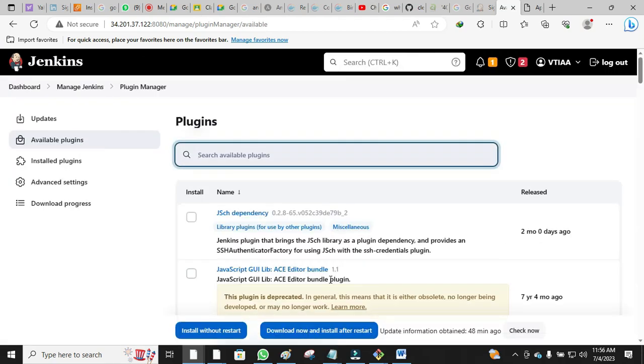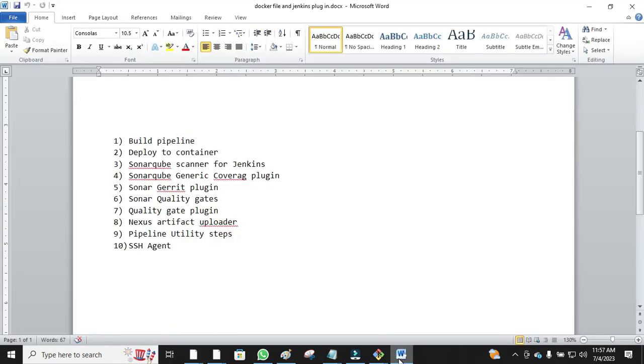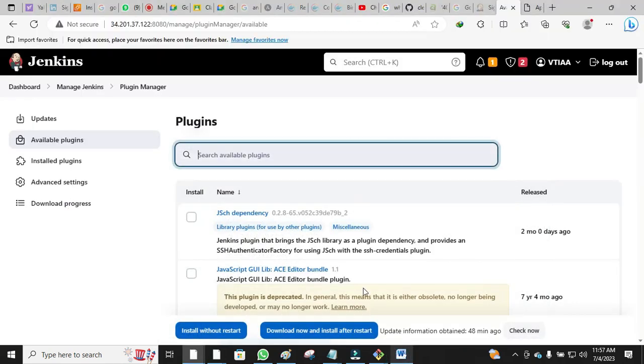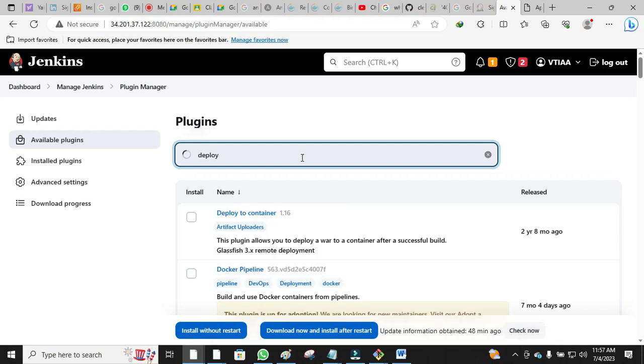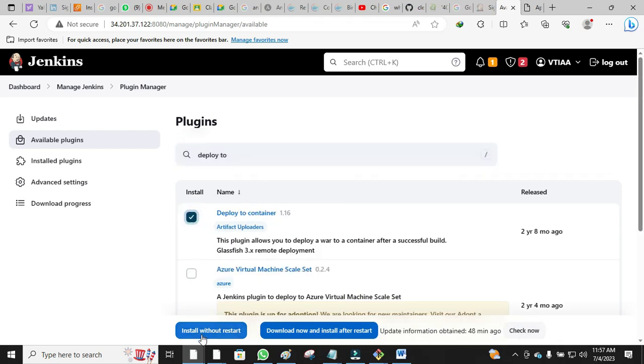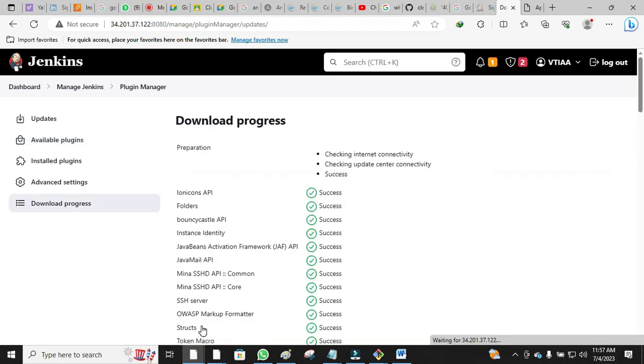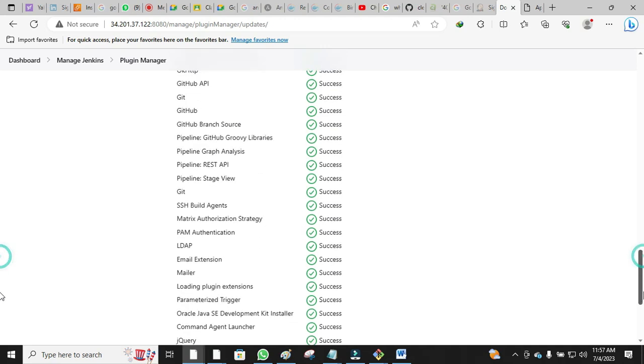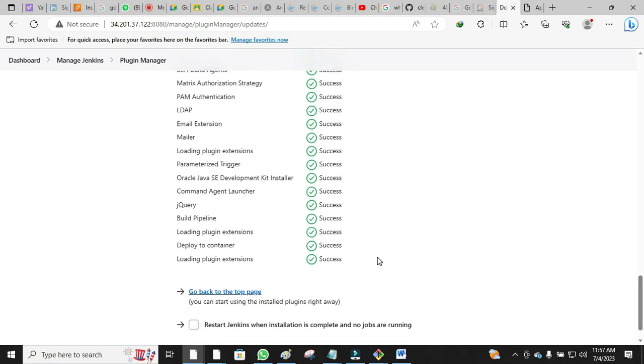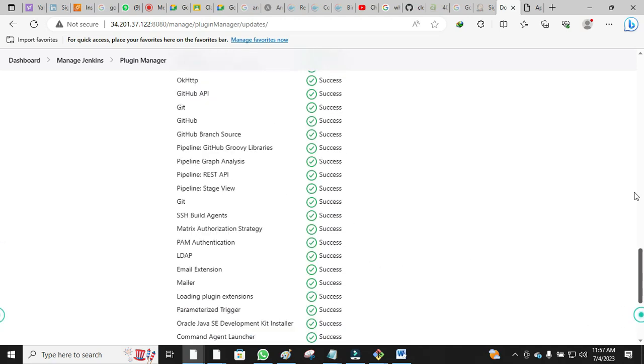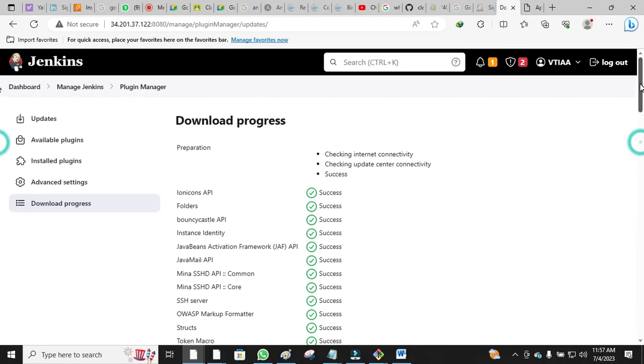The second plugin that we said we want to download is deploy to container. That deploy to, you will see the plugin come up. Install without restart. You see it is installing. Success. You go back. The last plugin that we want to download is